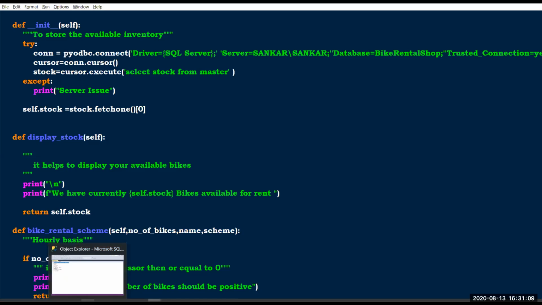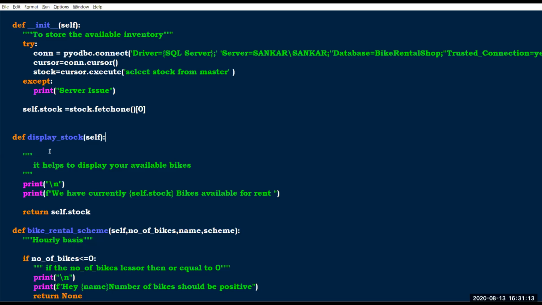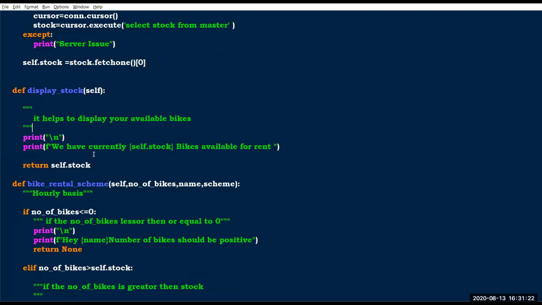Then I have one method, display stock. It displays the available stock, or the currently available bikes.